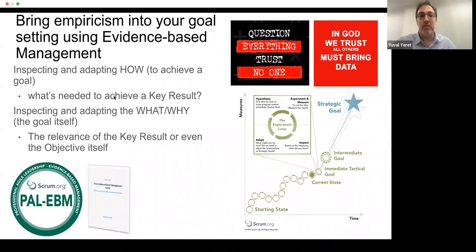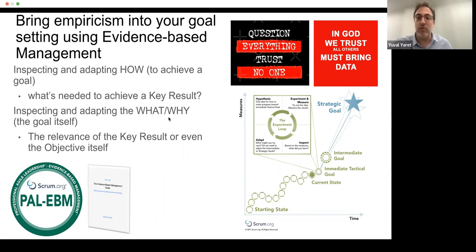Taking this to the next level would be to actually talk about empiricism. Looking at all of the writings around OKRs, empiricism is pretty implicit there. Few people in the OKR space explicitly talk about the fact that we need to have an experimental loop, that OKRs are a hypothesis, an idea around an outcome that might be valuable, that we need to validate. We need to validate both what the key results are that we're looking for and how to achieve them.